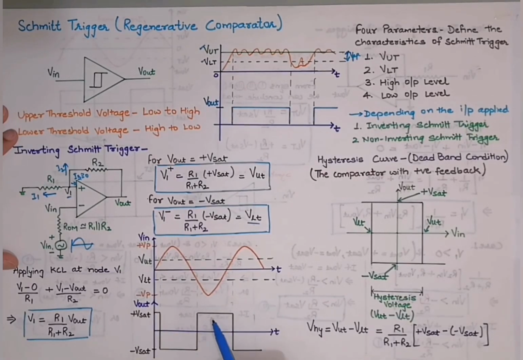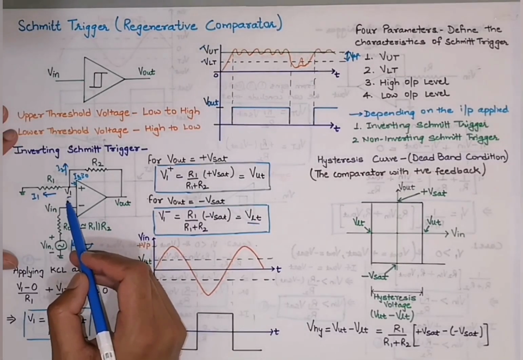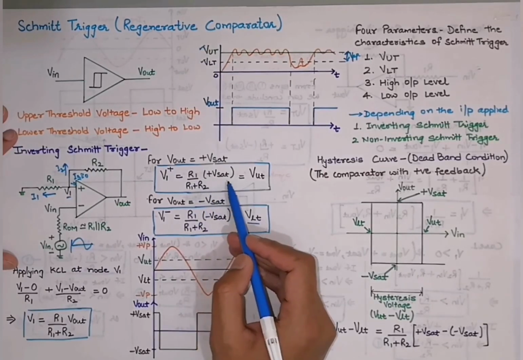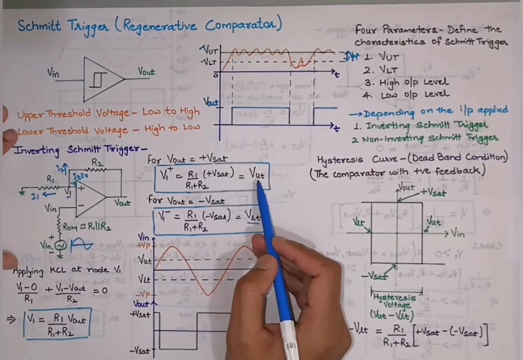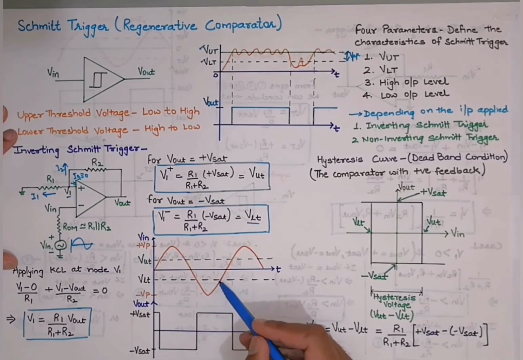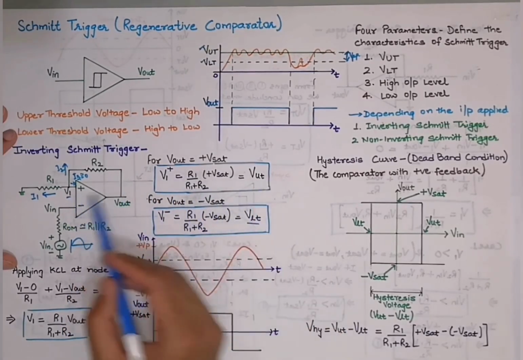Exactly at plus V saturation, the V1 must also change. Now V1 will be defined by V1 positive equal to R1 upon R1 plus R2 of plus V saturation, that is nothing but the upper threshold. It means when my input signal again starts to increase, although it has increased above the lower threshold, there will be no transition in the output. It will only make a transition when it is greater than this voltage, and at this point it is nothing but equal to the threshold.